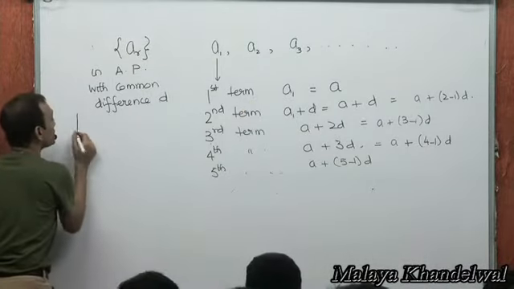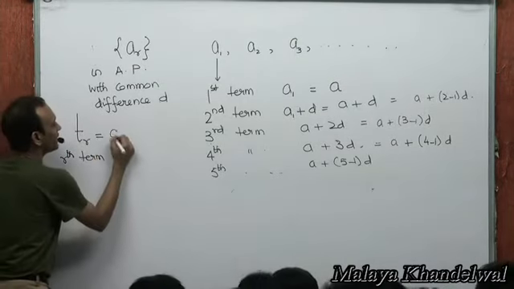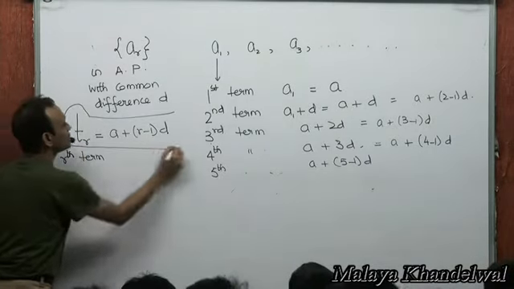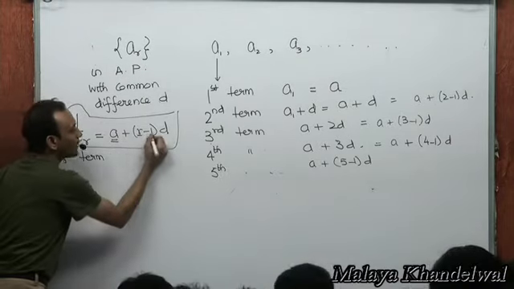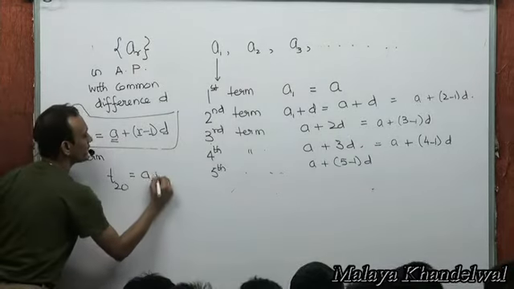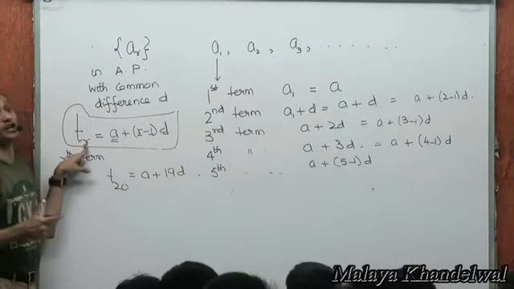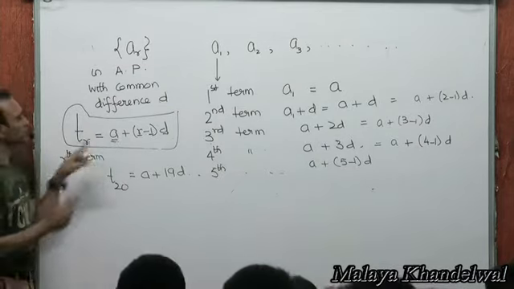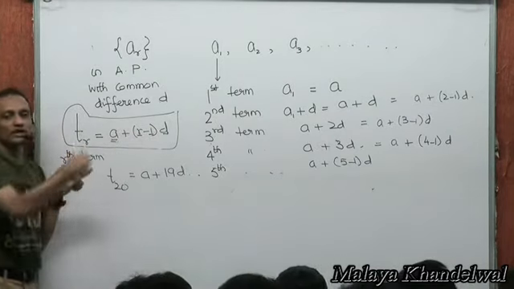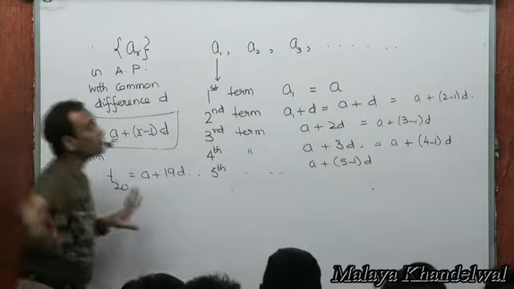The rth term in general is A plus R minus 1 into D. That's the rth term of the sequence. First term plus R minus 1 into D. So if someone said find the 20th term, that's going to be A plus 19D and so on and so forth. Yes or no? So this gives me the general member of an arithmetic progression. The nth term would be, put R equal to N, A plus N minus 1 into D would give me the nth term of this arithmetic progression. Clear? Is it confusing? No, no? Now,